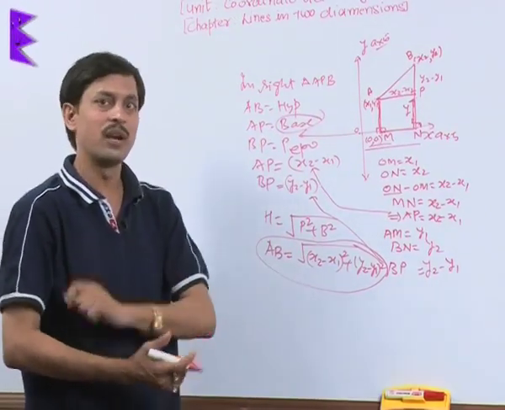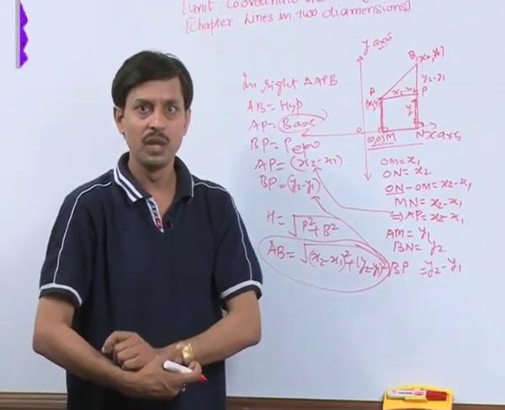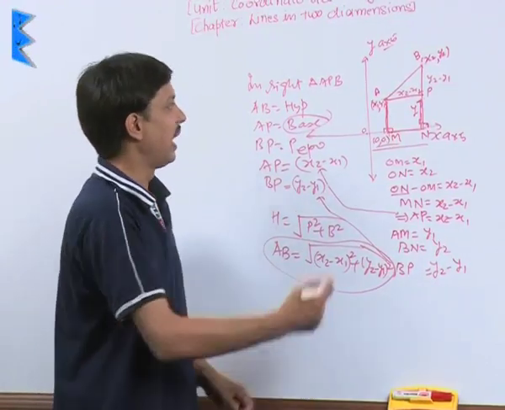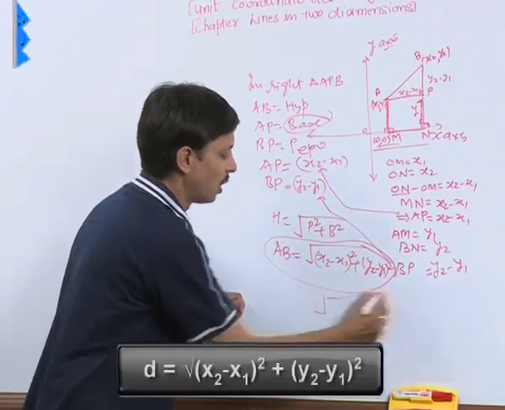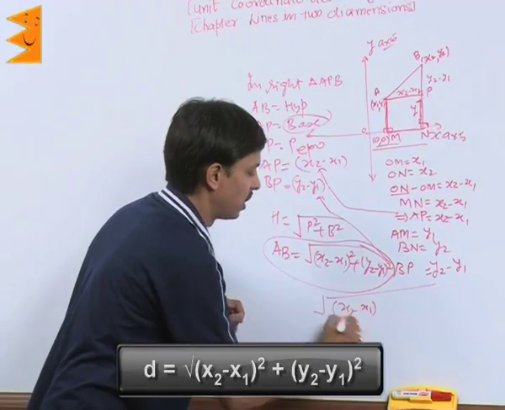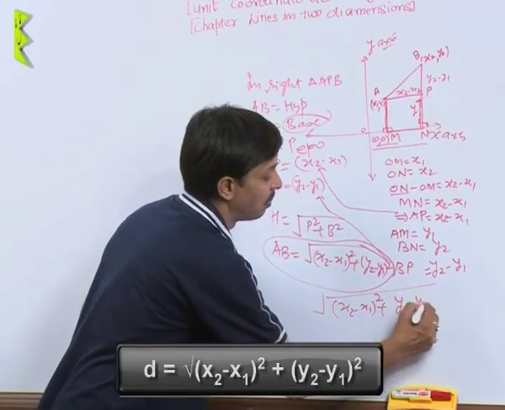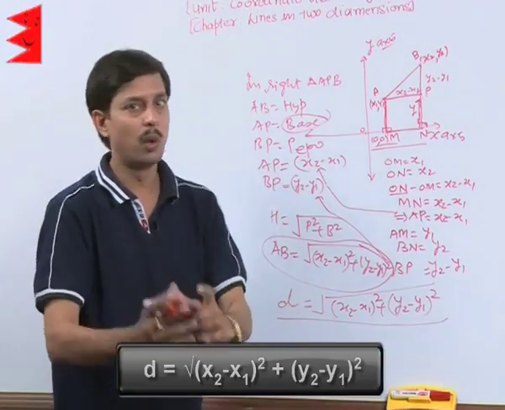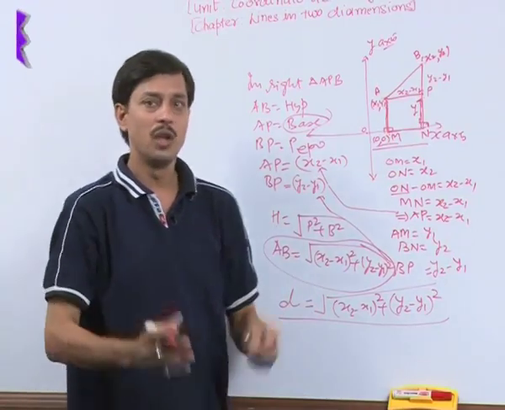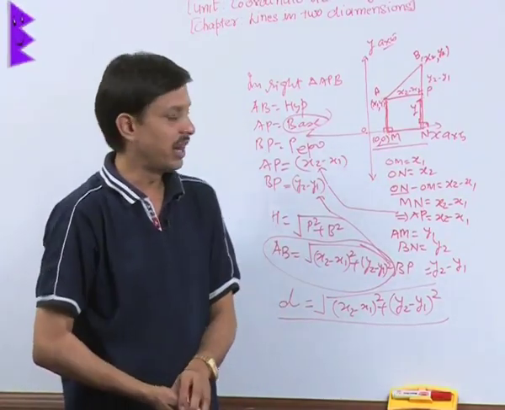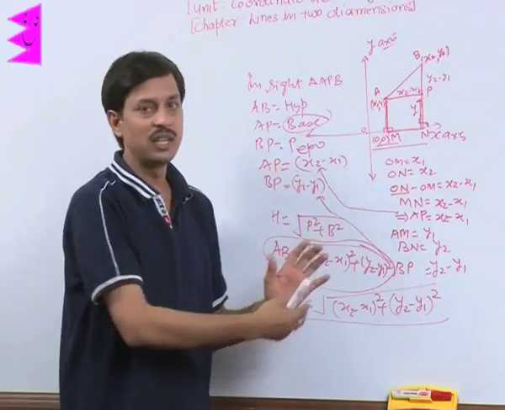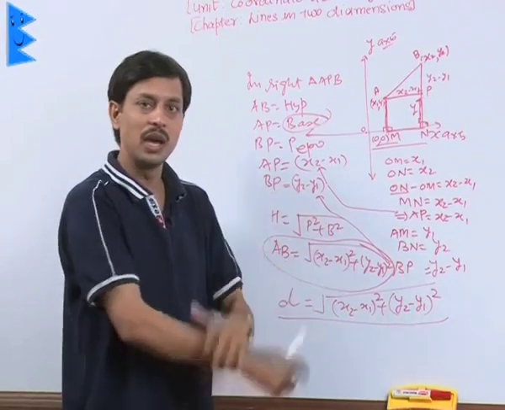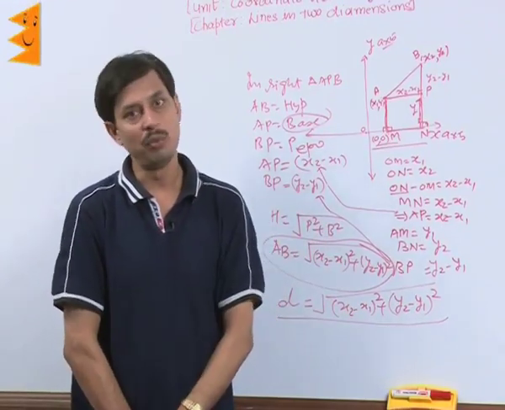So if x1, y1 and x2, y2 are 2 points in a plane, then with the help of the distance formula you can calculate the distance between them, and the result, root of (x2 minus x1) square plus (y2 minus y1) square, is known as the distance between 2 points. This is a very important formula. We will use it to prove points, to decide the nature of triangles and quadrilaterals, and many more results will be calculated with the help of this formula, and we will discuss it.